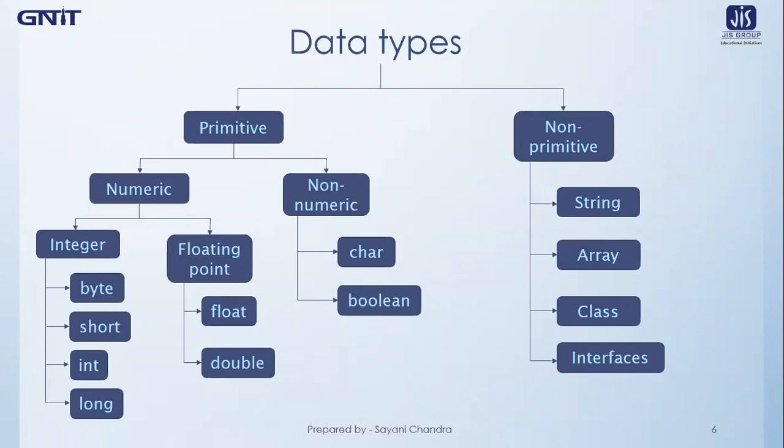However, char in Java is not the same as char in C or C++ language. In C or C++, char is 8 bits wide, or it takes 1 byte in memory. But this is not the case in Java. Instead, Java uses Unicode to represent characters. We know that C and C++ use the ASCII character set or extended ASCII character set in order to represent characters. But Java uses Unicode to represent characters.